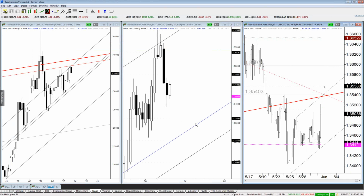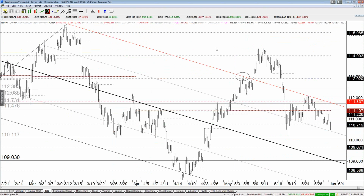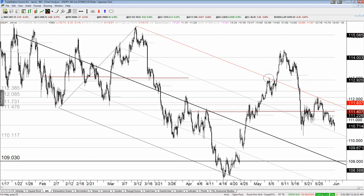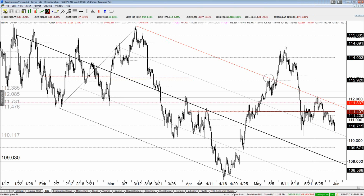All right, what about dollar yen? So dollar yen, again, the seasonal thing we're talking about, basically June being a pretty weak month for dollar yen. And I can envision getting a bounce basically now, right? I'm kind of ignoring all this here. We had a really nice short here, but I'm ignoring the move out of this. Again, a lot of people won't do that, but it does seem pretty clear or obvious, if you will, that